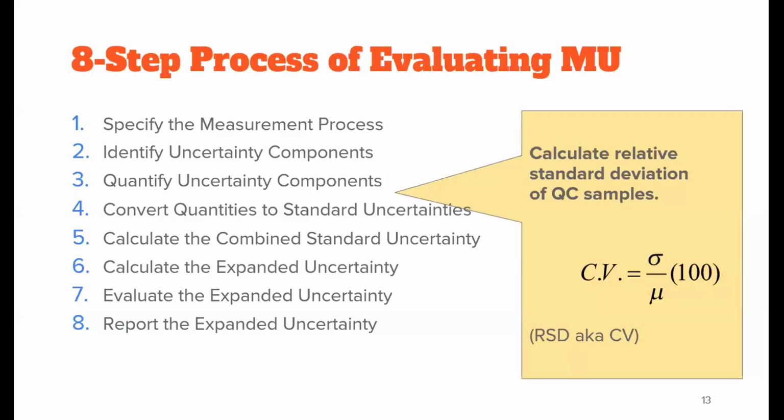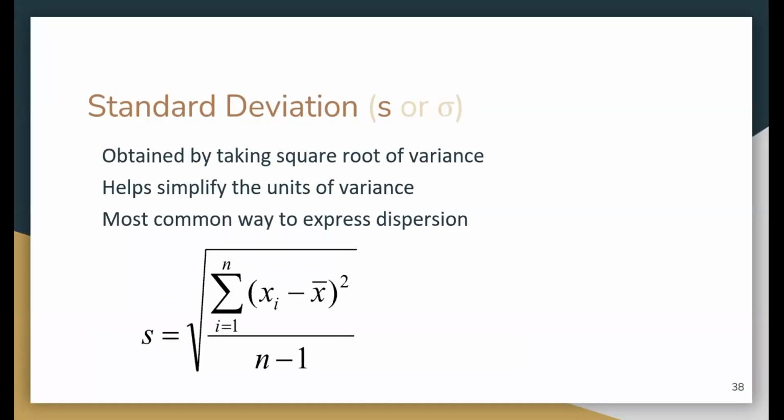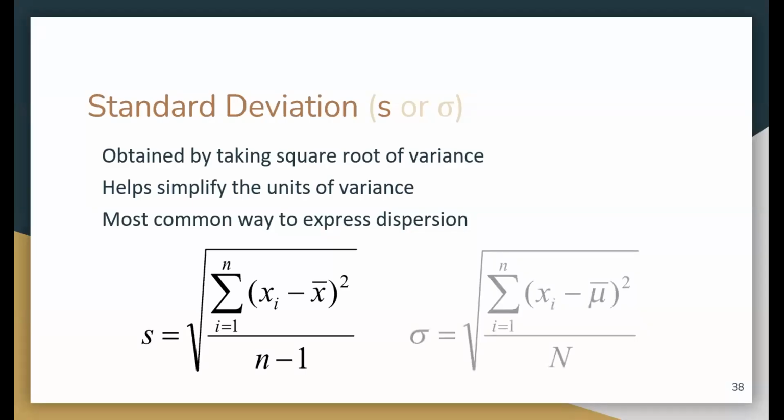So taking a small step back, first the standard deviation. This is obtained by taking the square root of a variance, right? But for QC samples, because we're estimating the method performance, this is a sample and not a population, right? So lowercase s instead of the Greek letter sigma, and lowercase n instead of that capital N for population. So we're calculating s for standard deviation of a sample, not sigma. While they're very similar, what we're dealing with is typically going to be a standard deviation of a sample